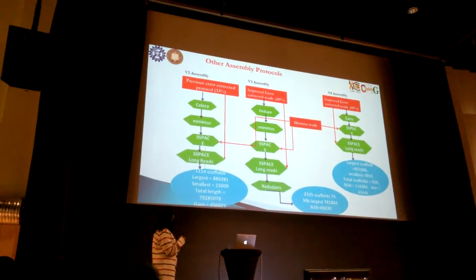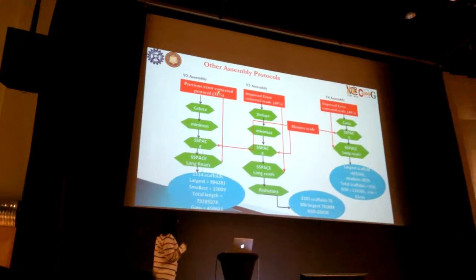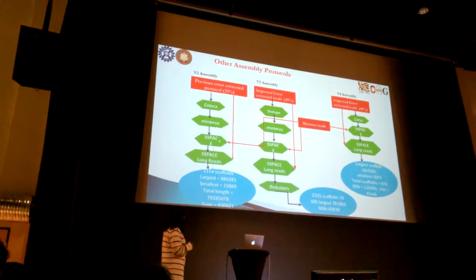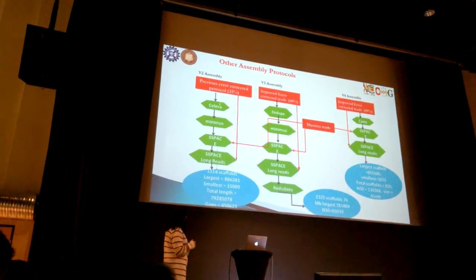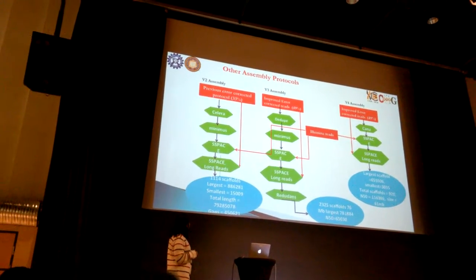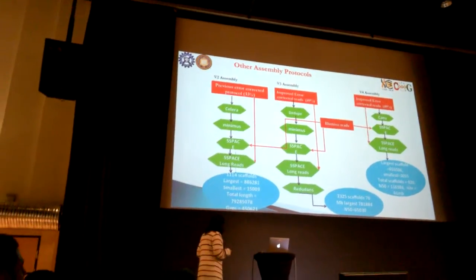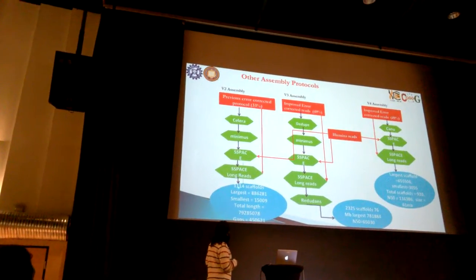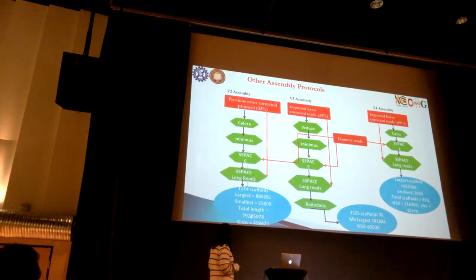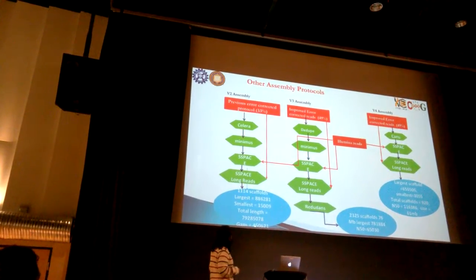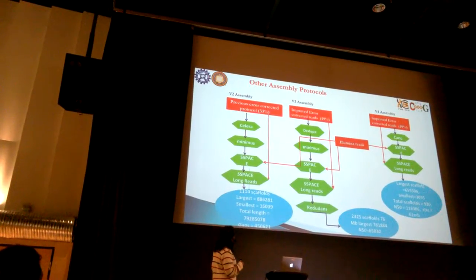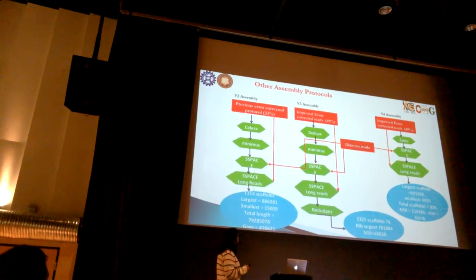In V2, which was released in September, we used only this 33% of the error corrected reads that I talked about in my previous slides. Then we did a series of corrections, inputs and outputs from different steps, and we also incorporated Illumina reads at this stage so that we could get something better. So it was quite a nice assembly. As you can see, there are about 1000 scaffolds, and the largest scaffold is also quite big. The total length is about 79 MB, but the number of gaps is also quite huge, so we could not use it, and most importantly because it had only 33% of the error corrected reads.